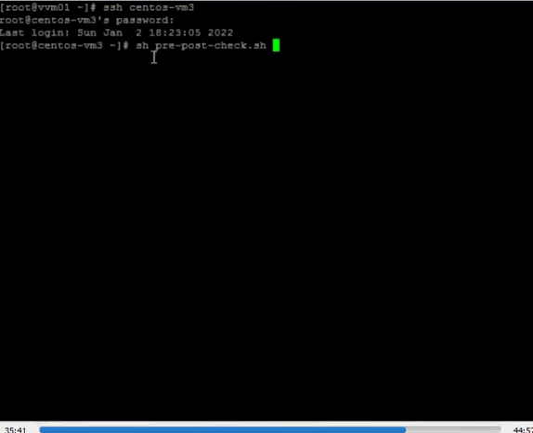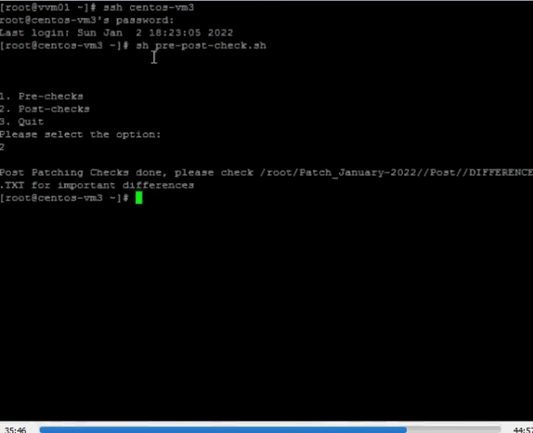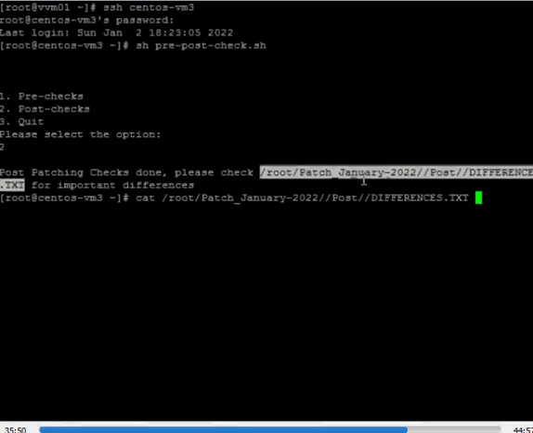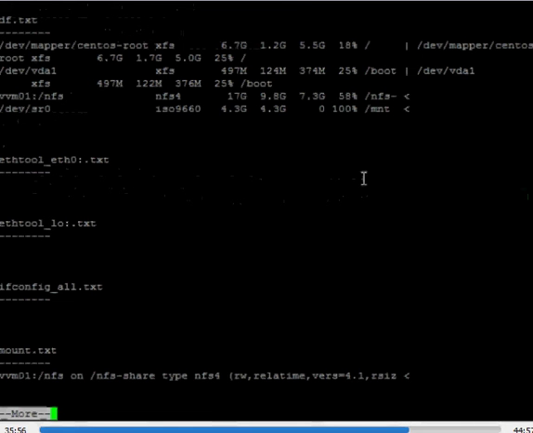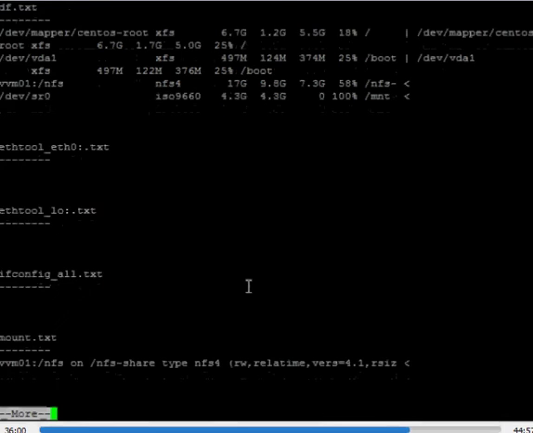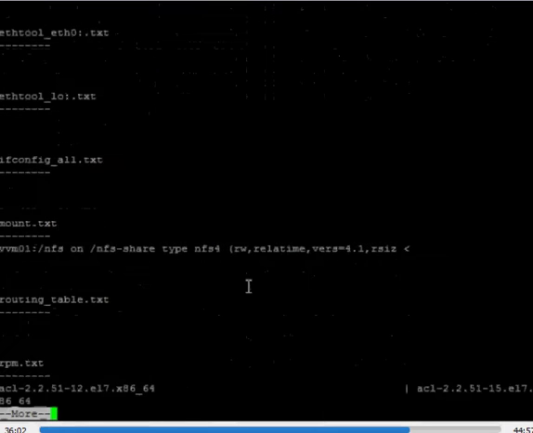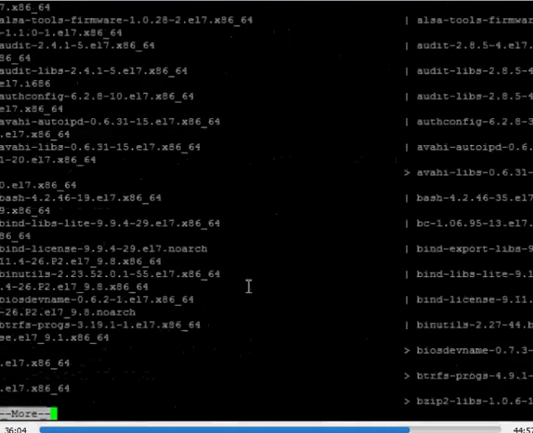Okay, let's perform the post checks, sorry, not pre-checks, post checks. Here again you can see the NFS file system is missing, the MNT file system is missing, and the packages that are updated.